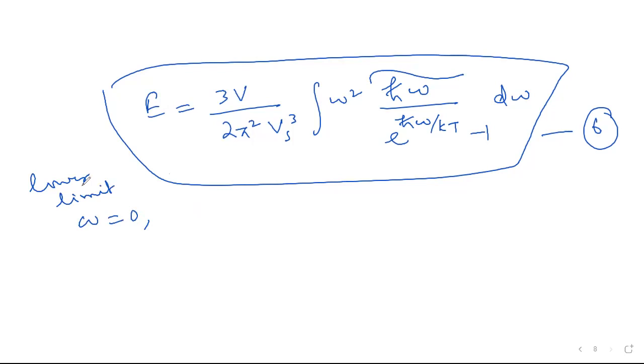The upper cutoff of frequency was determined by Debye by requiring that the total number of modes included must be equal to the number of degrees of freedom for the entire solid. This is important. The lower limit in the integral of equation 6 is ω equals 0. I will write it in red. The upper limit, or upper cutoff frequency,